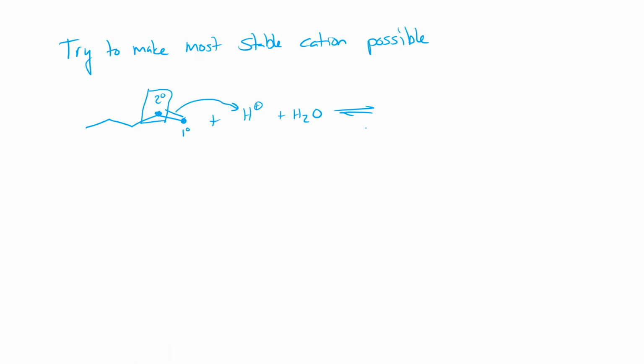Our double bond goes and gets that H plus, and what we get out is the hydrogen attached to the less substituted carbon and the carbocation on the secondary position, which makes it more stable. The reason that more substituted carbons are more stable, more substituted carbons are more stable for carbocations,